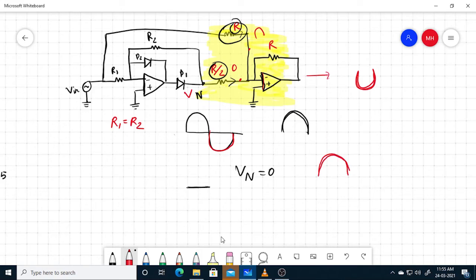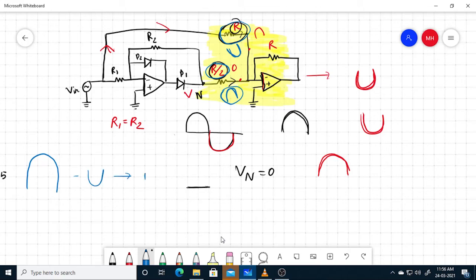Okay, and through this line or wire we'll get a negative input. Here we have the positive output, and here we have the negative input. As this is R by 2 and this is R, this voltage will be double. For simplicity it will be like this, 2, 1 and 1. This is the minus sign.